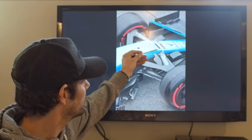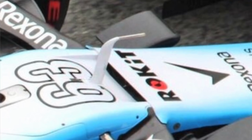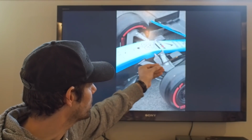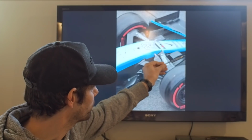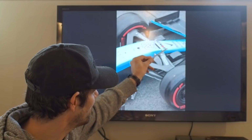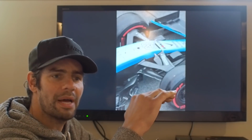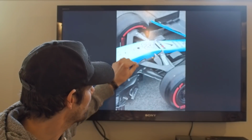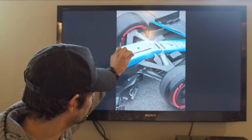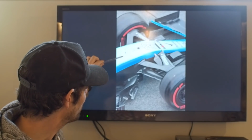First thing we can see is the S-duct. You don't often get to see the S-duct from that angle, so you can see here that's where the duct is venting airflow that's been taken from underneath the nose cone or underneath the side of the front nose there, pushed through an S-shaped duct inside around all the components inside, like the steering rack. There's a carbon fibre S-shaped shroud that runs up the front of the chassis and exits that high-speed air along this little channel here through this duct to keep the airflow attached along the top of the chassis here,